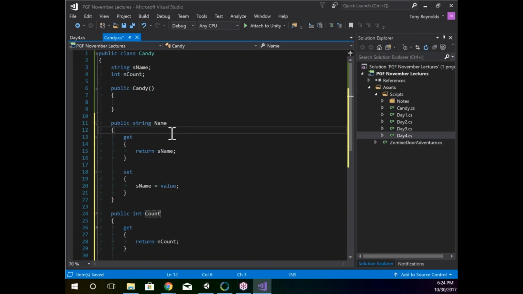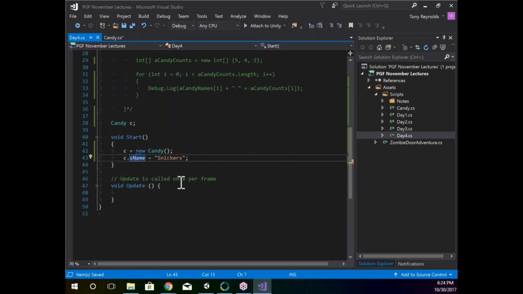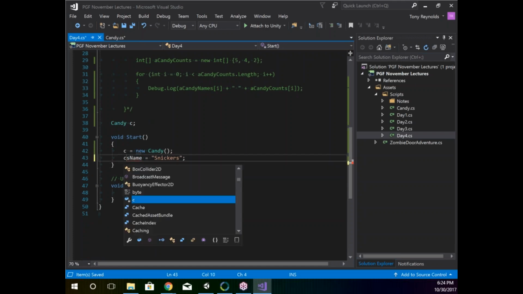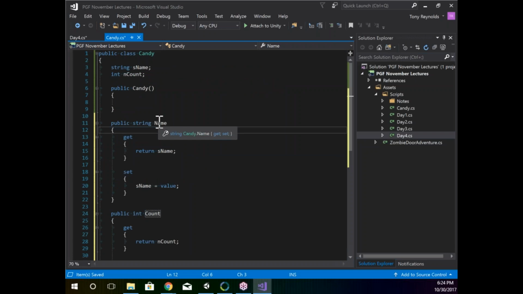Now, the system is smart enough to understand if you put the equals on one side or the other, you mean to either assign it or you mean to query it, to get it and then to use it. So in this case, if I do over here inside this code, if I get rid of that leading S and just say name, what this is saying is set. Set name equal to Snickers. If I jump back to the code and I look at name, name's set calls, this is the block that